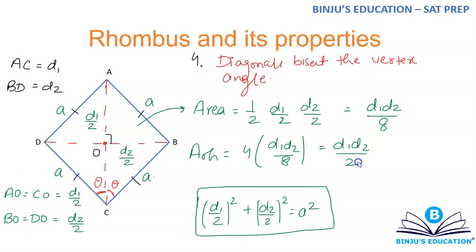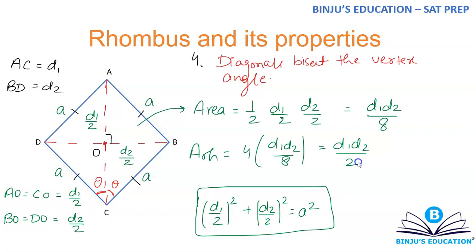Okay, so these are the things which you need to remember for a rhombus. You can see that if you want to calculate the area of the rhombus, it's using the diagonal. Side has no role to play. If I simply give you a side, let's suppose I have a rhombus having side 10 centimeters, and if I ask you to calculate the area, you won't be able to do that.